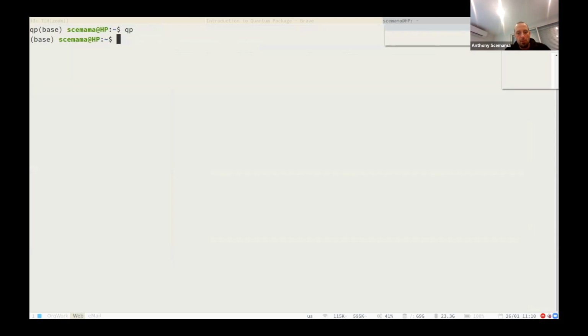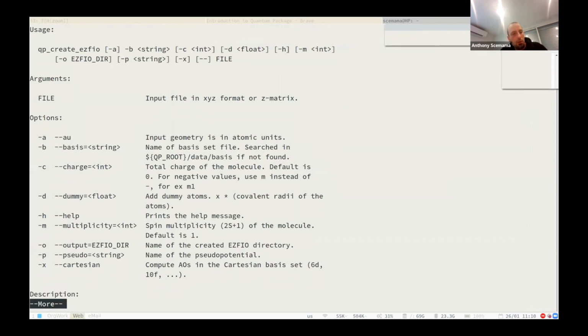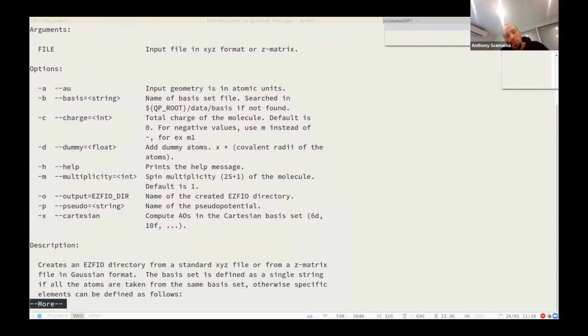If you do qp create with help, then you have all the different options that you can use. And when we prepare wave functions for QMC calculations, we will need to use pseudopotentials, and you can also specify here that you want to use some pseudopotentials.